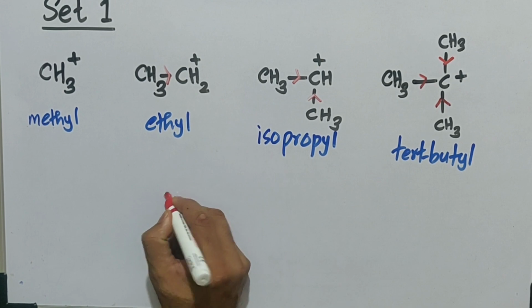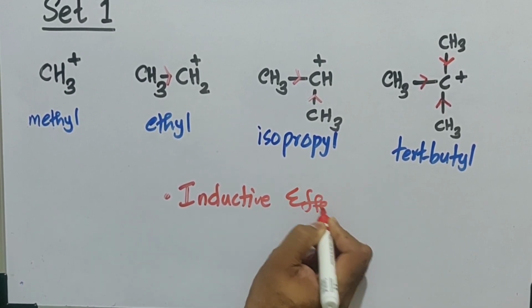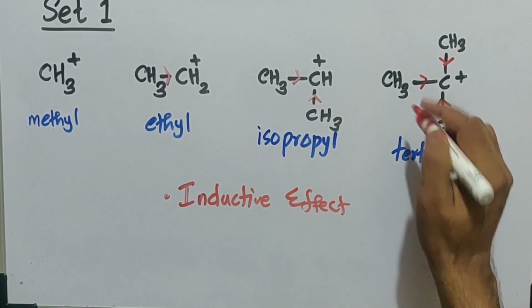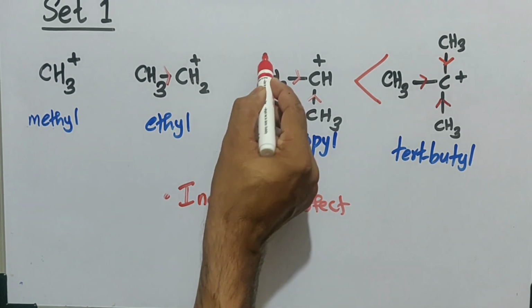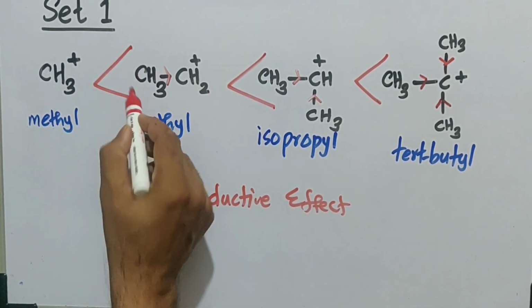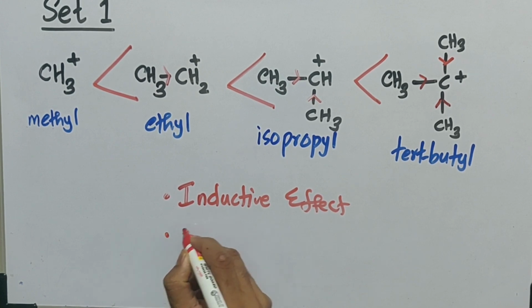So first we discussed in the aspect of inductive effect. Inductive effect is maximum in this case. The highest stability is for tert-butyl carbocation, then isopropyl, then ethyl, and last methyl. The second factor in this case is nothing but